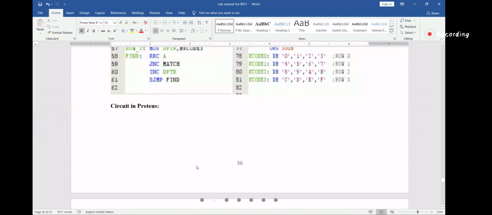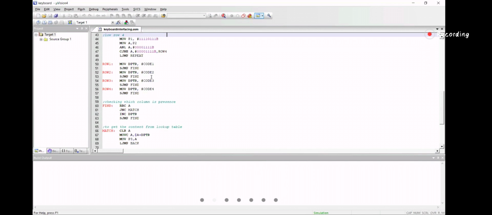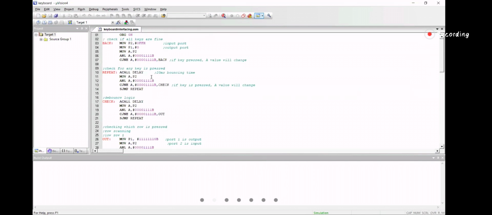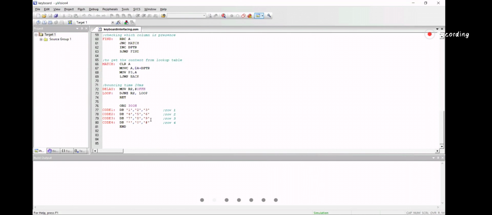Let's go directly to the program. Just wait. Yeah, now it's opened. So this is the program. It is the same as the one I have given in the report, but that report was for a 4x4 keyboard. So the only change you will make is somewhere here in the lookup table. Otherwise, it's all the same. But since I have used 4x3,